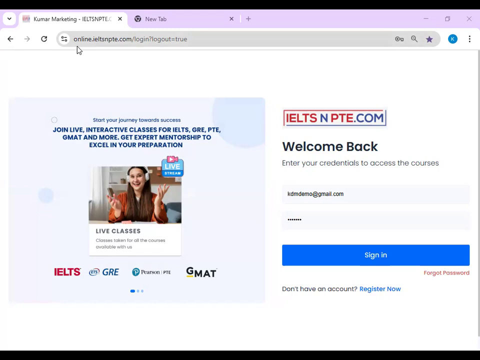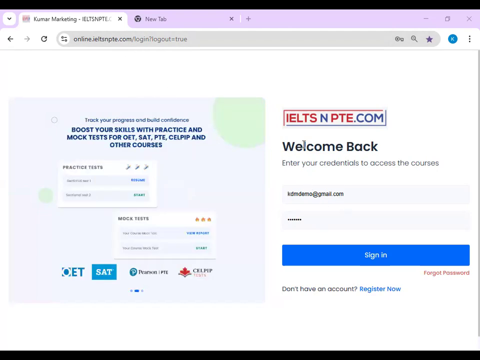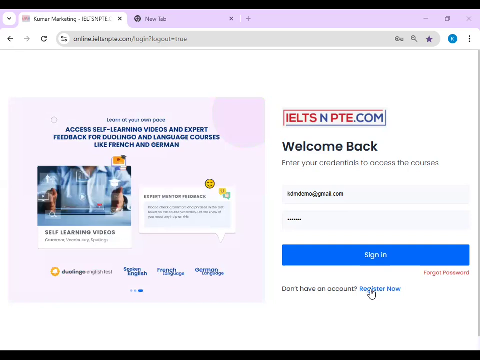The URL is online.ieltsandpt.com. After that, you will see this kind of interface. To begin, you should click on Register Now to get yourself registered. After clicking on Register Now,